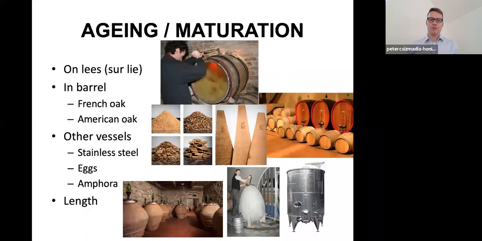texture of the wine. And of course, the length of the maturation will be key, as I said, because in some of these materials, so in wood, clay, and concrete, it will also soften and mellow, make the tannins more mellow. So there are quite a lot of things you can do during aging and maturation, and this may take 3 months, 6 months, but sometimes it can take 24, 36 months as well, or longer in the